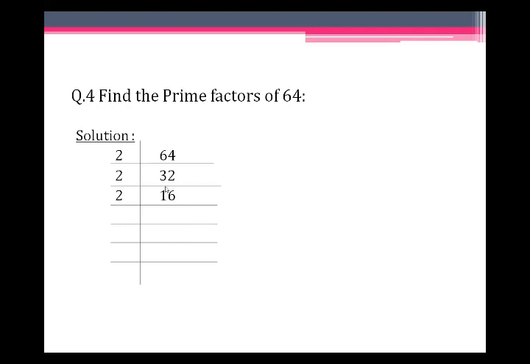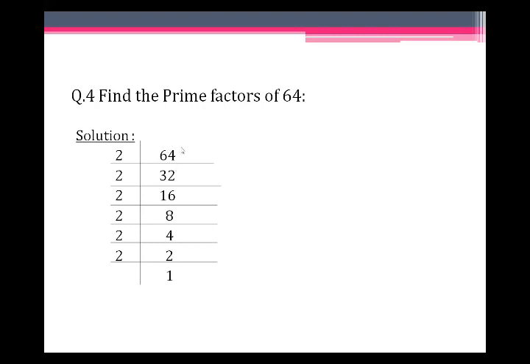Here we have 16 divided by 2. So we write here 2, and we know that 2 8s are 16. Now again 8 is divided by 2, so here we write 2 and divided by 4. Now students, again 4 is divided by 2, then we get 4. Then again 2 is divided by 2, so we get 1.